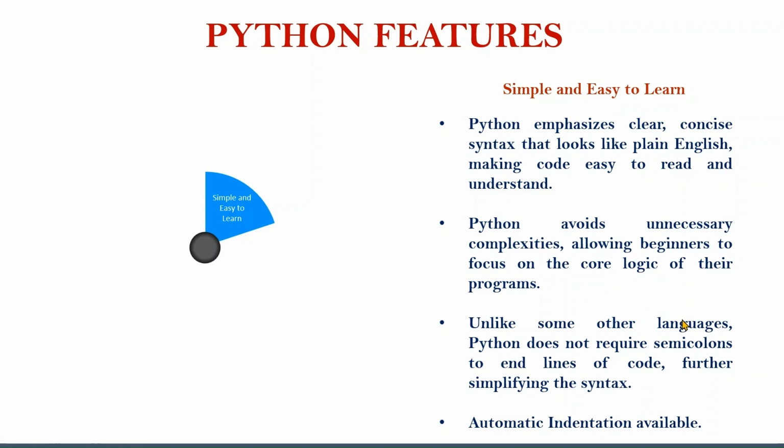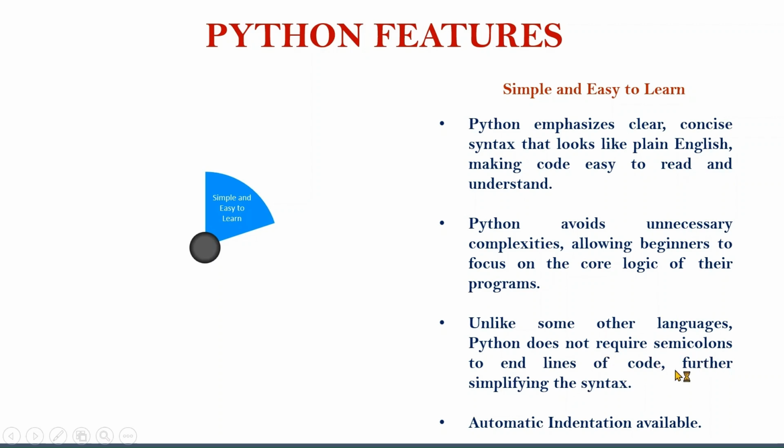So what is the ultimate aim? Why are they writing the programming there? They can focus, instead of studying bulky code. Now, unlike some other languages, Python does not require semicolons, as I was saying, because if you see C, C++, Java programming, then .NET programming, we used to terminate these statements with a semicolon. But in Python, we don't terminate with semicolons.